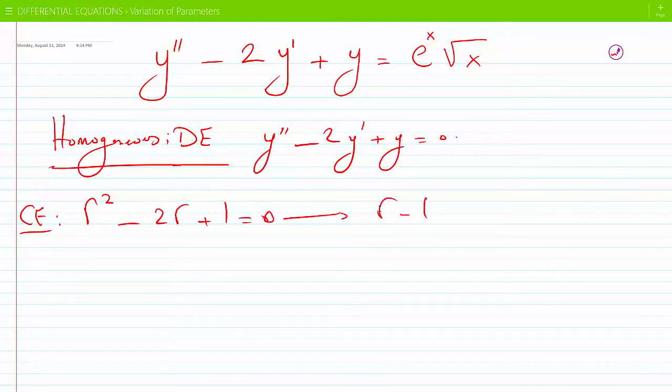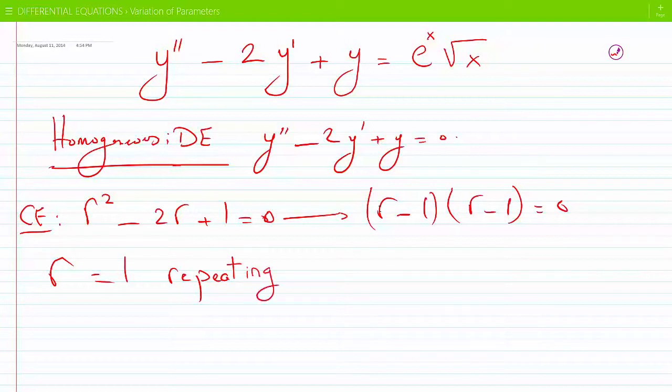We can factor through this. r minus 1 squared equals 0. So we have r equals 1 repeating. And now